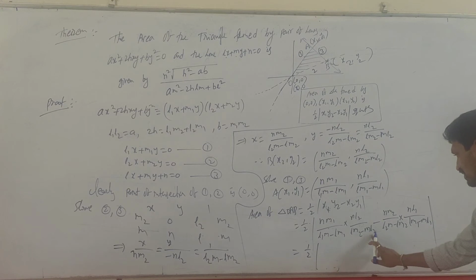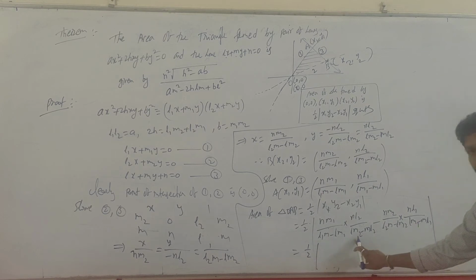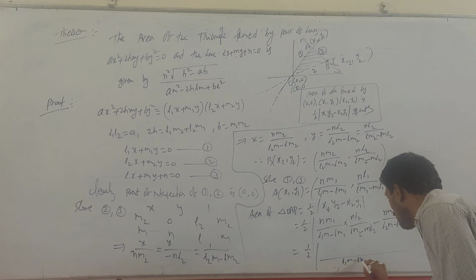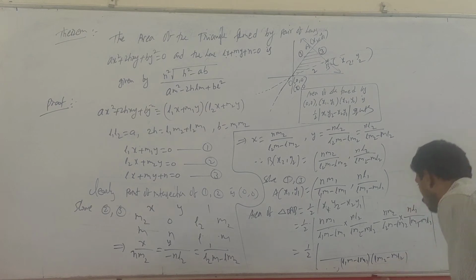And Lm2 minus ml2, this is minus. If you take minus common, Lm2 minus L2m, both are the same. So totally, here if you take minus, here if you take minus, minus into minus is plus only. So remaining you have minus only. So the denominator of both will be the same. You can write this multiplication denominator as L1m minus Lm1 into Lm2 minus ml2. This is the denominator of this one.